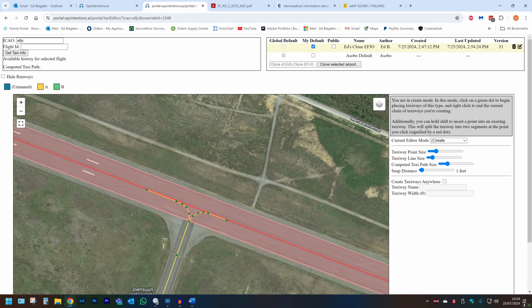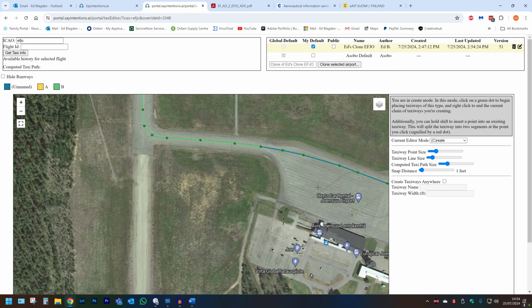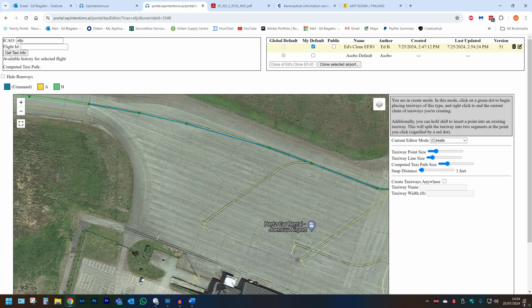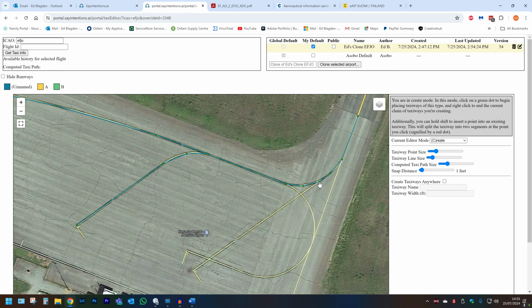Good. Okay. So we've now actually created the bones of our airport diagram. The only other thing I'm going to do is go back to the apron, and instead of making up taxiways like a Sobo does, I'll just draw the taxiways as they are, still in create mode. That goes to parking spot 2. This goes to parking spot 1B, I think that is. And this one,